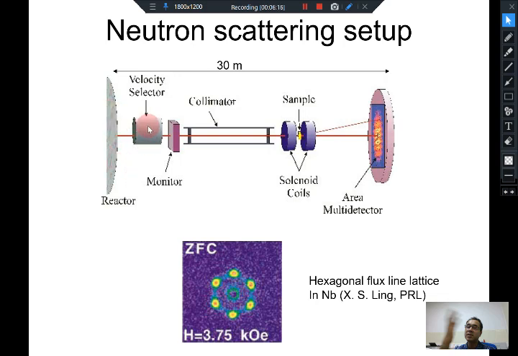For example, using something called a velocity selector, you can make the neutrons very slow, and those are called cold neutron sources. And so you do something called small angle neutron scattering to actually see the diffraction spots which are generated by neutrons. So this is one experiment that you can do to actually see the vortex lattice. And if you want to see changes in the vortex lattice, you will see how these diffraction spots move around as you vary the temperature or magnetic field and so on. Okay, so this gives you an idea of the type of experiments you can do to image the vortex state.